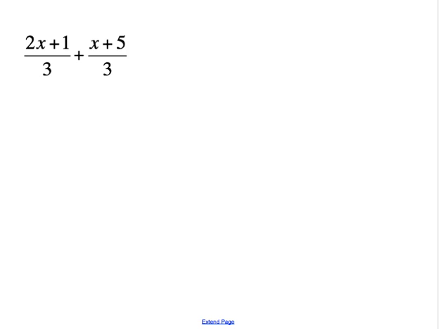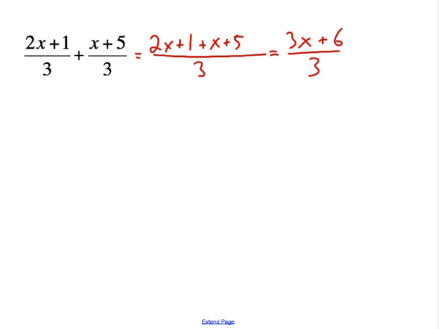Here I have two fractions with the same denominator, but the numerators are a little more complicated. That's all right, just like we always do. I'm going to add the two numerators and put it over that denominator of 3. So I have 2x plus 1 plus x plus 5, and I will combine like terms. 2x plus x is 3x, 1 plus 5 is 6,